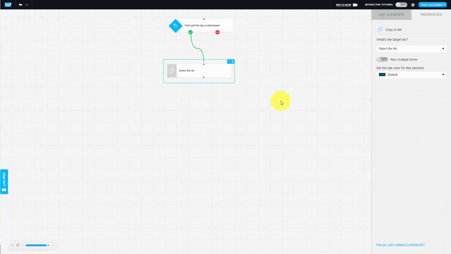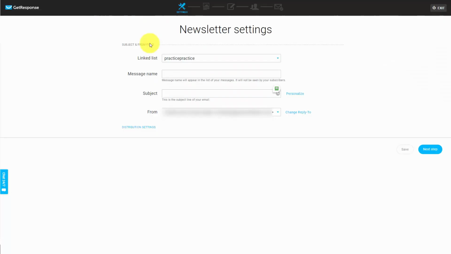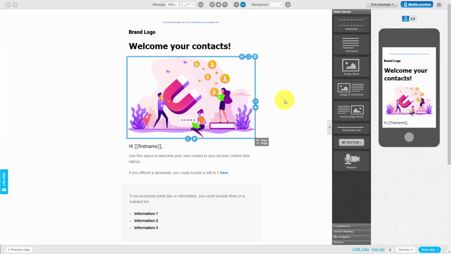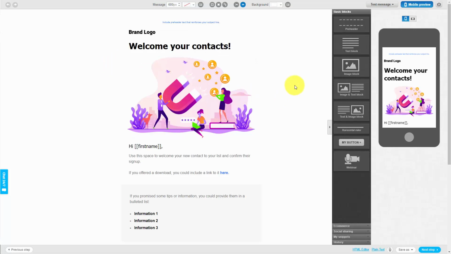Now we don't want this individual added to any autoresponders as a result of being on this list, even if there are any here. What we want to do is we want to have only the individuals that we have designated with a specific tag to be broadcast to. So when we are creating a specific broadcast email, we are only going to select the list that we have just created for these specific tags. And basically what we can now do is we can send specific messages only to the individuals that have taken specific actions with the emails that we have